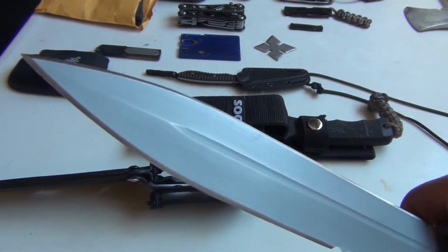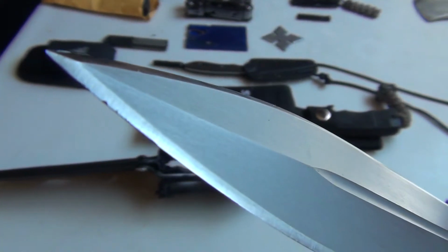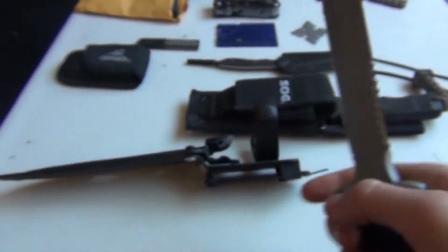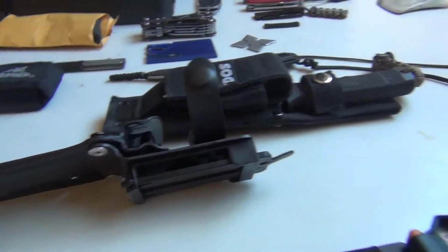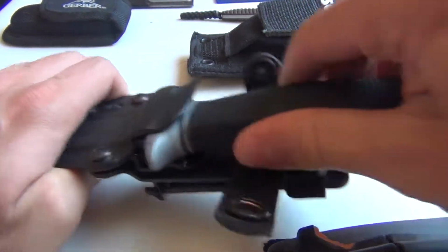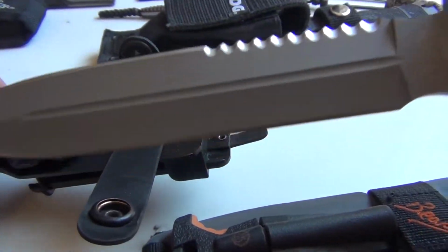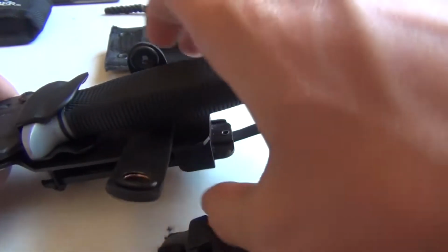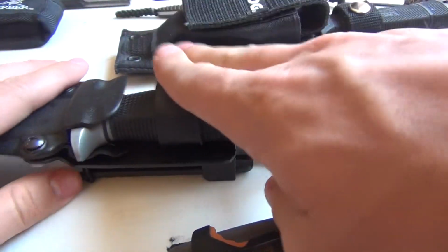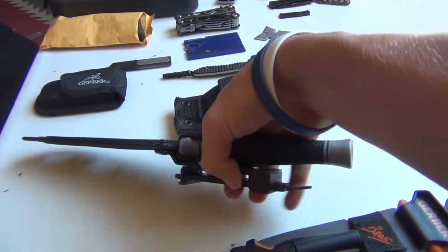There are some blade issues I have. You can see up here at the tip. It's kind of been messed up, and I think that was my sister's doing. Don't love the sheath. It's Kydex. It snaps in there well, but with this stonewash finish on it, leaves marks. It's got like a Krayton, some kind of rubberized button. It's very tight, and this fast access belt clip thing,